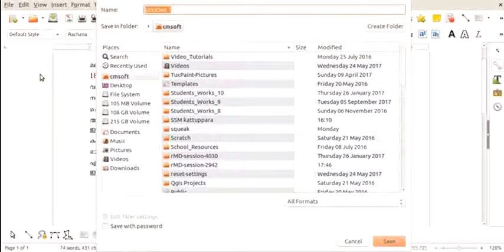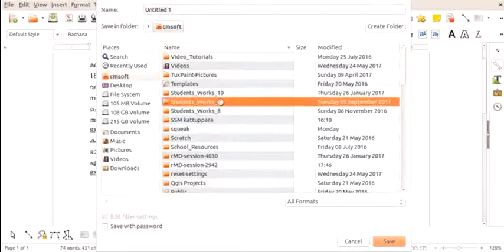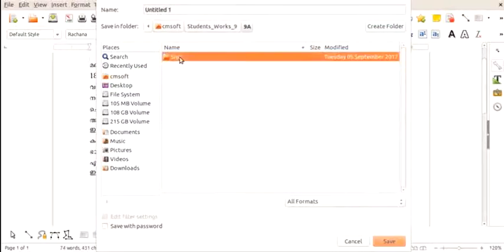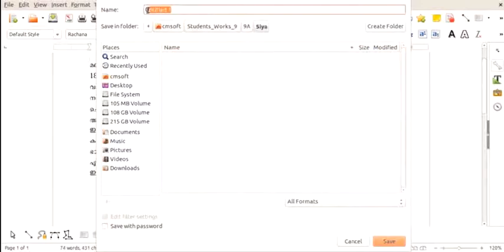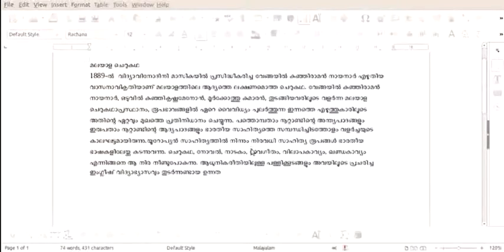After opening, save the document into your class folder. Select 9A folder, 9A or B, then select your own folder, then give the file name, then save.